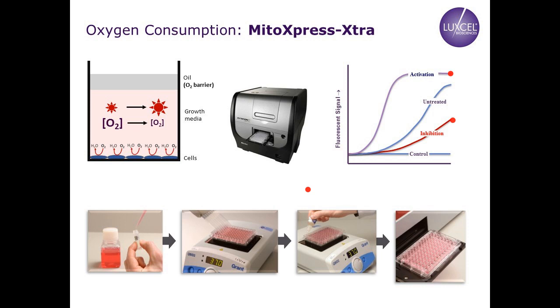In any instance where we've got an oxygen change happening in the sample, the probe will pick that up. But from an assay setup point of view, it's important that we have as many cells in the well as is relevant to the application, so that signal changes can be as strong as possible. So moving from there and applying that system to analyzing isolated mitochondria in the first instance, and then some examples